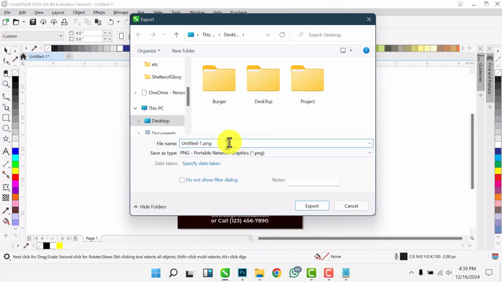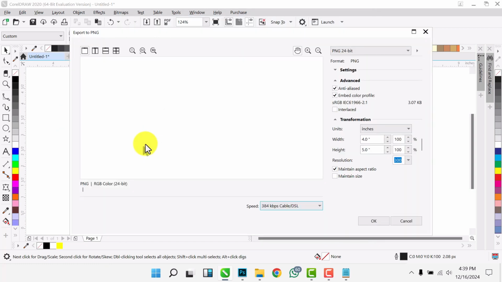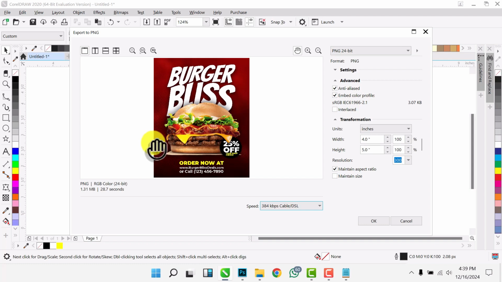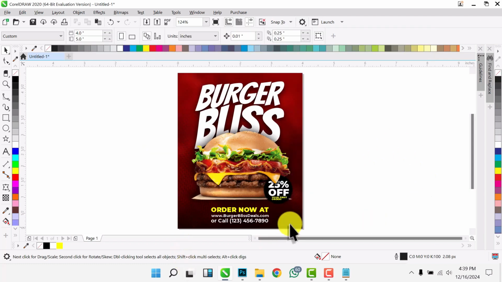Then you are just going to name our file. Let's say burger. That's the name of our flyer. So we are just going to wait for it to export. While it shows the preview, we are just going to click OK. Then the next thing we are going to do is